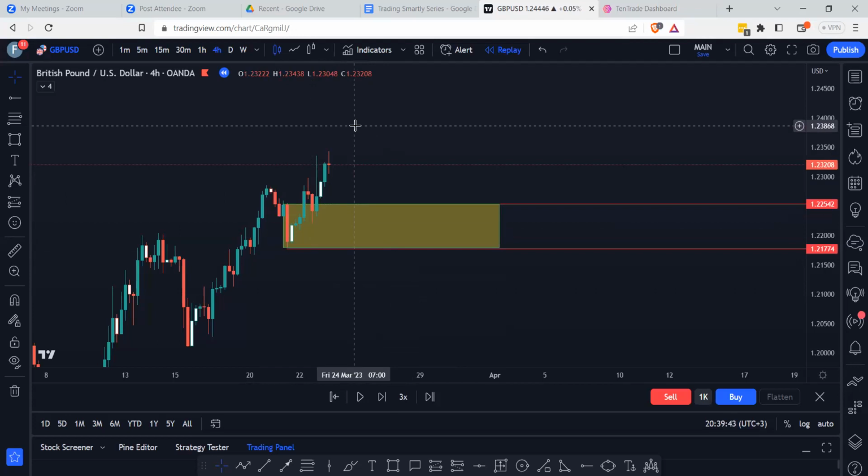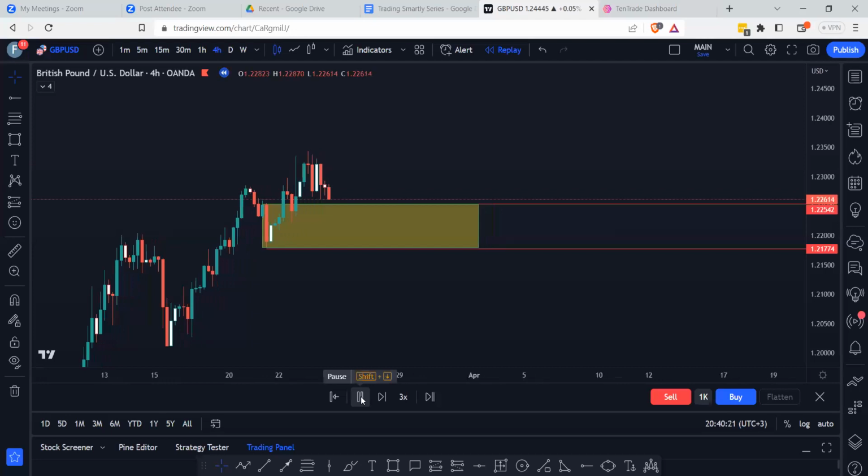Now we know that history is not 100% cast in stone. It's not 100% correct. So there are times that support zones can be broken. A support zone can be invalid. Price can break a support zone. So it's not a certainty that we are always going to see a reversal in a support. But 6 or 7 out of 10 times, it gives us an idea as to the zones where price is interested in retracing. So if you play this forward,